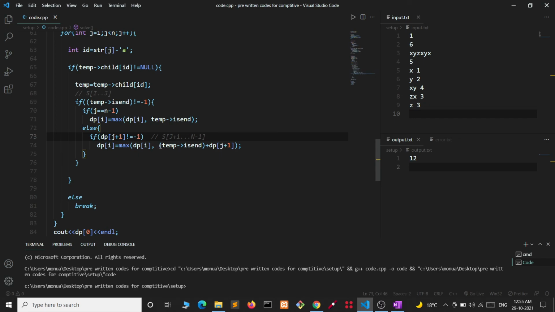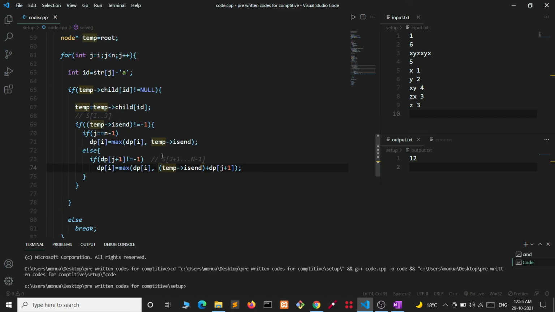So then only it will be contributing in dp[i]. We will take the max of dp[i] and temp's isEnd, which will be giving us the value of the word from i to j, plus dp[j+1].